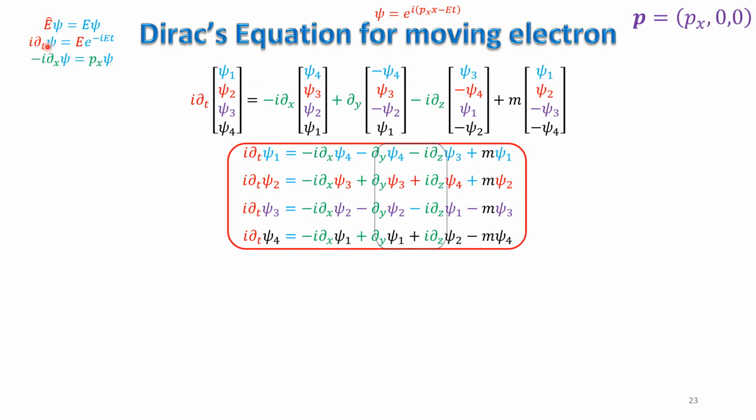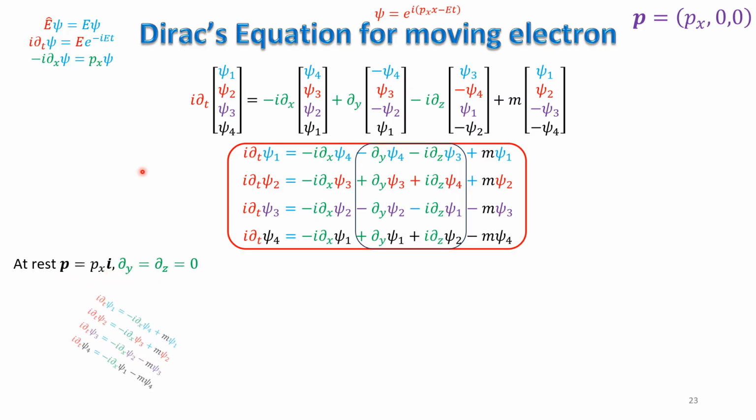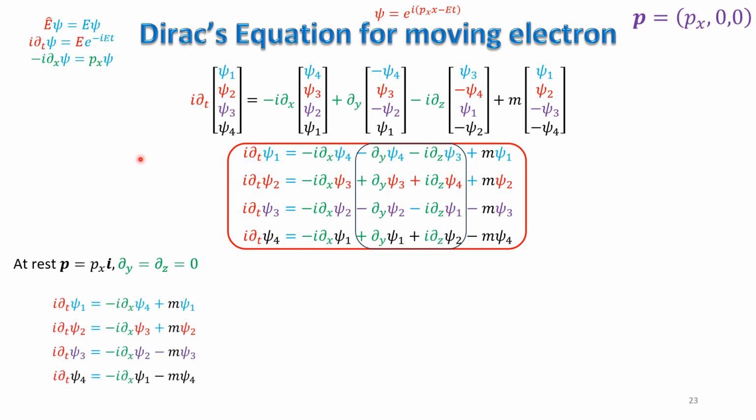this is a complete Dirac's equation where slope in y and slope in z will vanish because momentum is present only along x direction, and p bar is equal to px i cap, and the other slopes are 0, which are representing momentum, and therefore here we will have this additional term in the 4 equations,